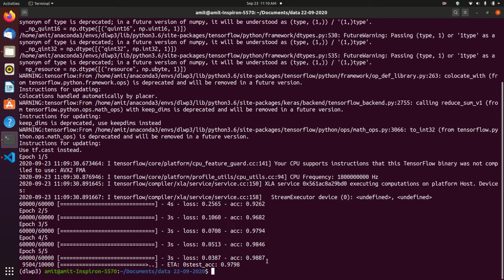On the training data the accuracy is 98.8, right? But on the test data the accuracy is 0.97, meaning 97% versus 98%. This is slightly lower than the training set accuracy. This gap between training accuracy and test accuracy is an example of overfitting: machine learning models tend to perform worse on new data than on their training data.